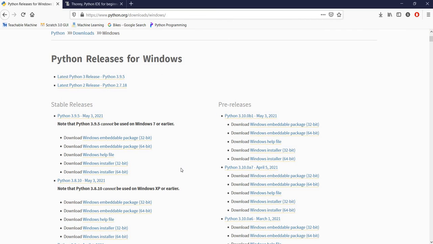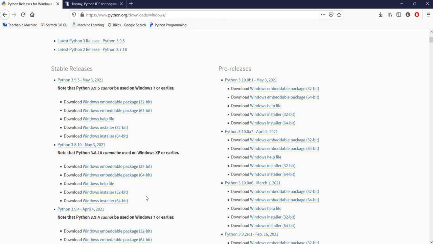For those people who are using Windows 7, I strongly recommend downloading the package 3.8.10. There is no change except some syntax and some advanced modifications. Whatever concepts we have learned, and whatever concepts we are going to learn, will not differ.